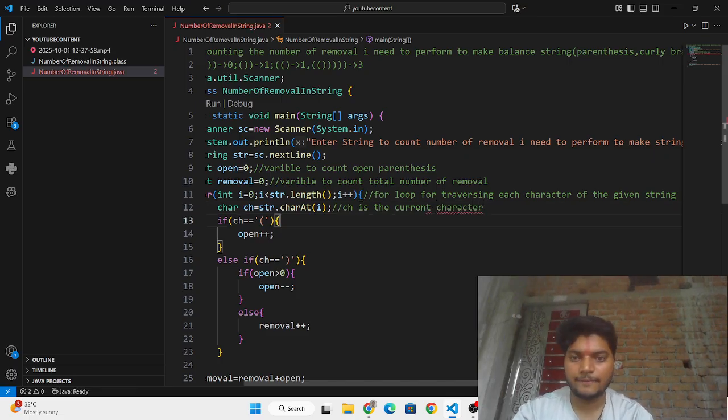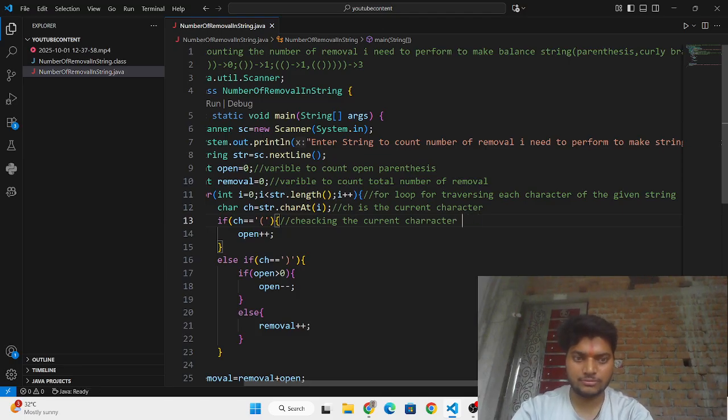We are checking the current character: when it is open, we increase the count by one.